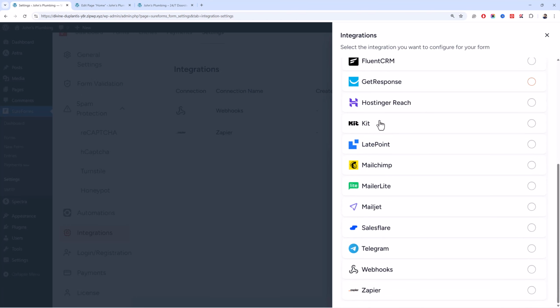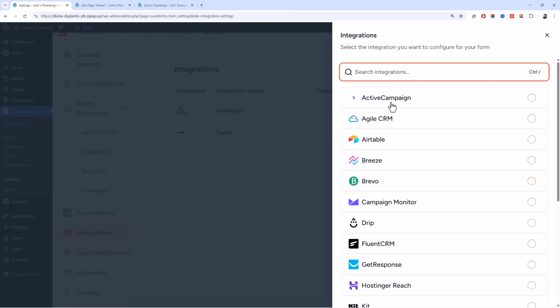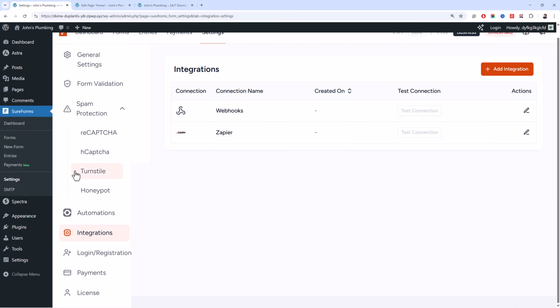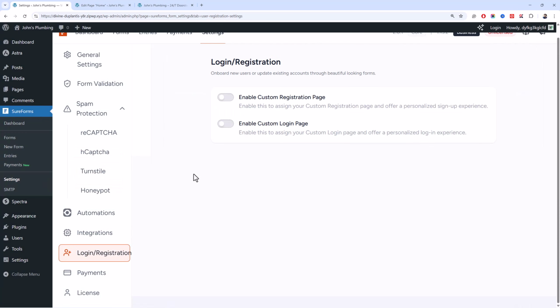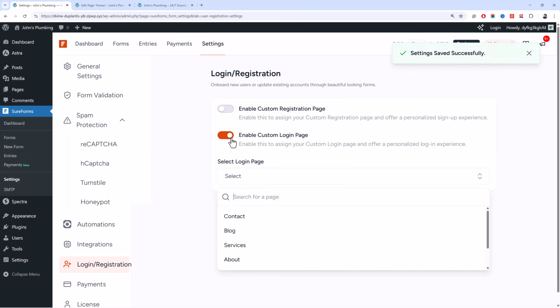Like if you want to connect your form with third-party services like Fluent CRM, ActiveCampaign, your favorite subscriber management service like Brevo, Breeze, and a lot more. Now you can add in integrations to your forms, and then you can also create login and registration forms and replace that default boring WordPress login and sign up screen with a custom login or sign up form.